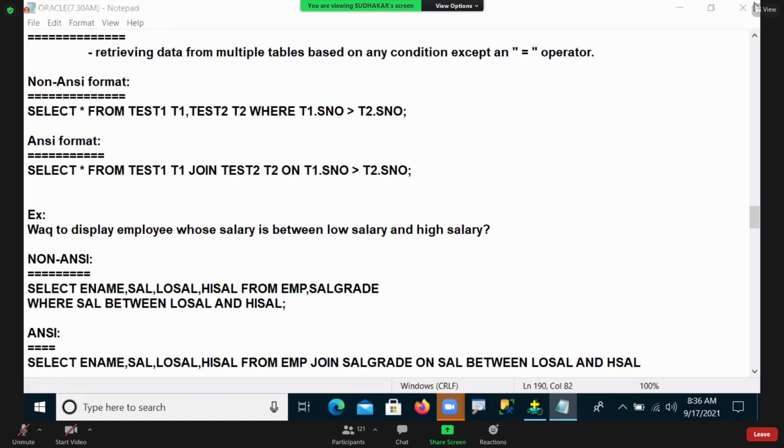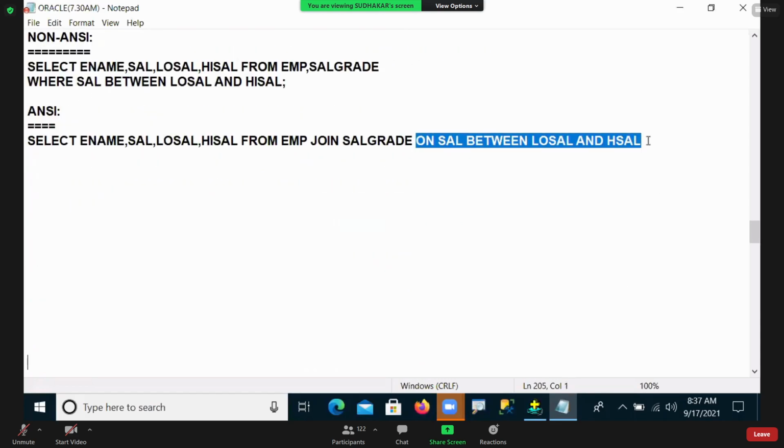So now we are writing ANSI. Between two tables, we should use the JOIN keyword and ON clause, compulsory ON clause, because ANSI format does not support the WHERE clause, it supports only the ON clause. So ON clause, salary between low to high.